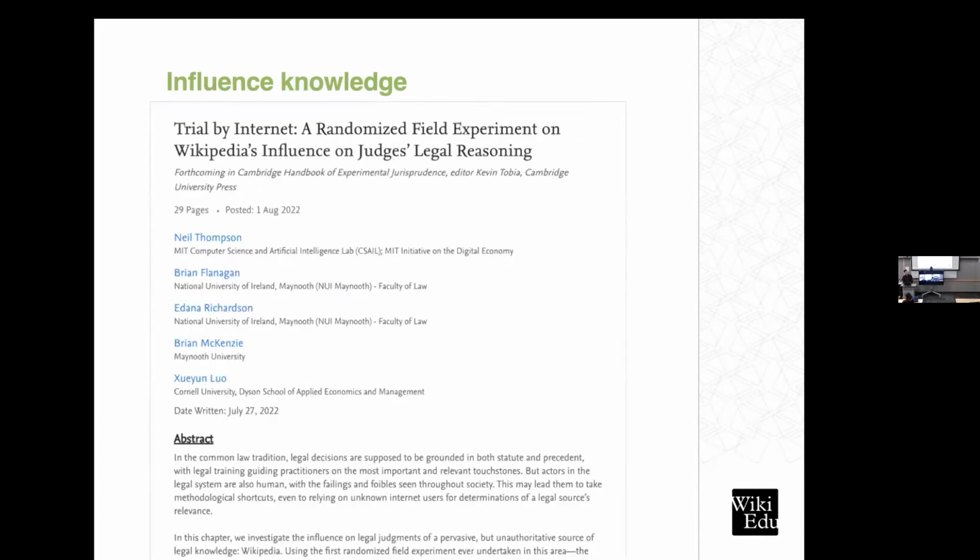Similarly, the same scientists did a study back in May of 2022. They repeated the assignment with Irish Supreme Court cases. They also shaped the assignment in the same way that Wiki Education does its work, and they had students write missing articles about Supreme Court cases.